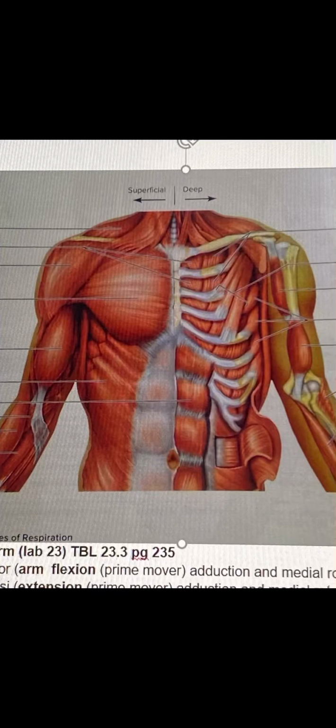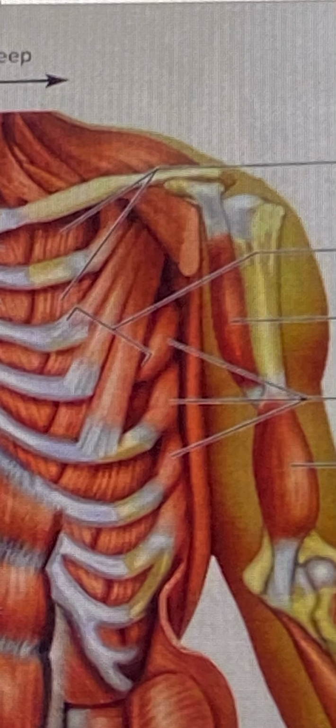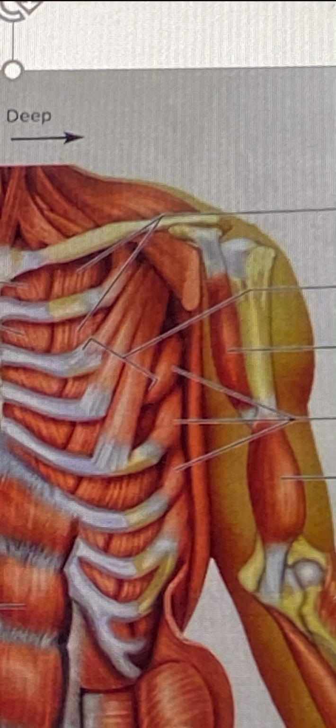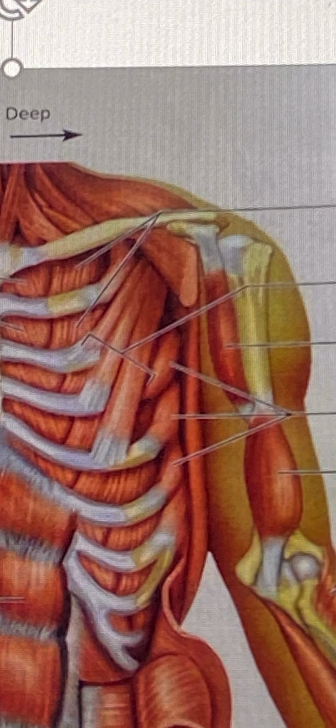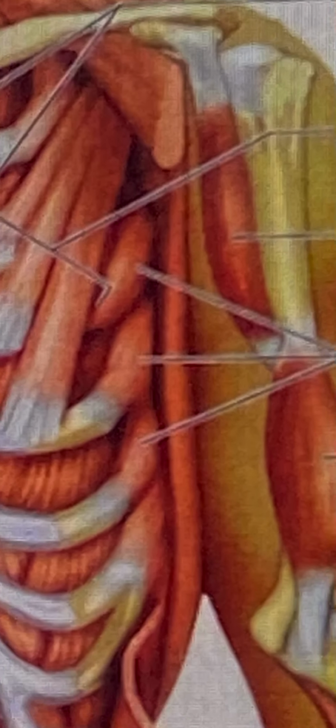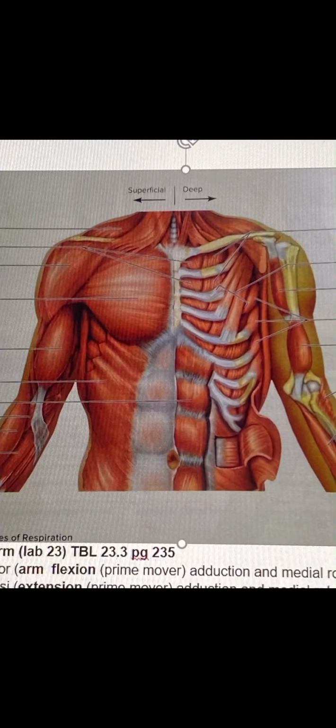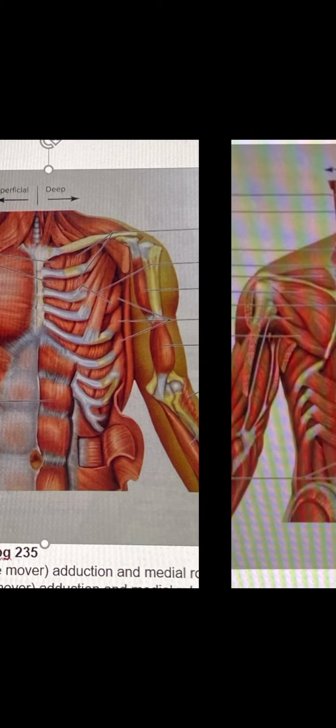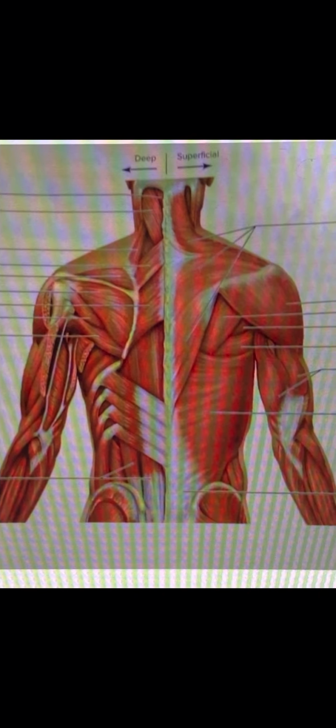Then the flexor carpi radialis, which is the middle part of the lower forearm. Then on the other side, the pectoralis minor, which is the deep part of the pectoralis. Then kind of on the side rib area is the serratus anterior. And then for the next slide, there is the